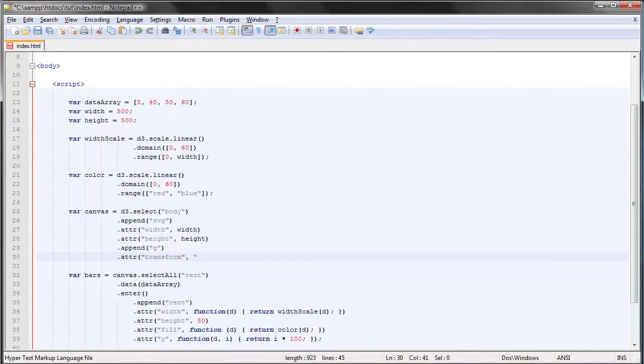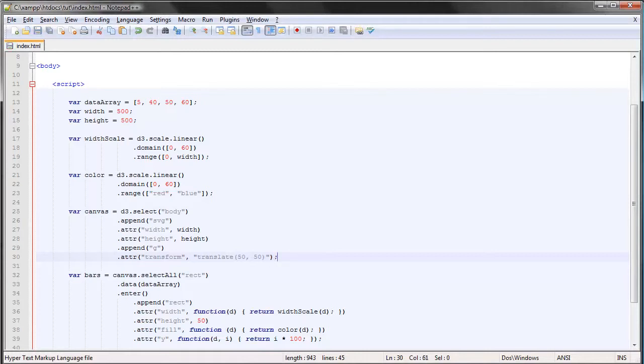The way we do that is we make use of the translate function, and we just type in the number of pixels we want to move it, first of all in the X direction, that is the horizontal direction, let's say 50 pixels, and the vertical direction, let's say 50 pixels as well,